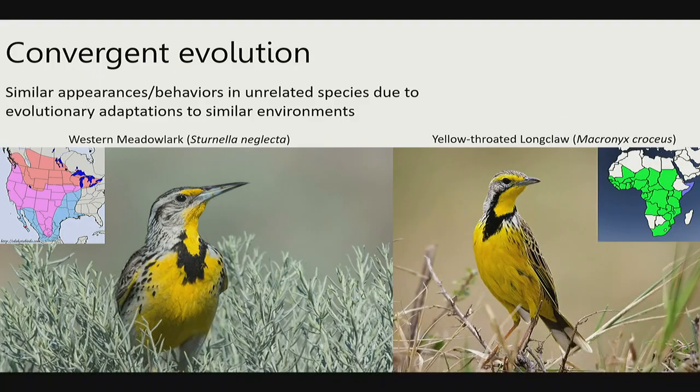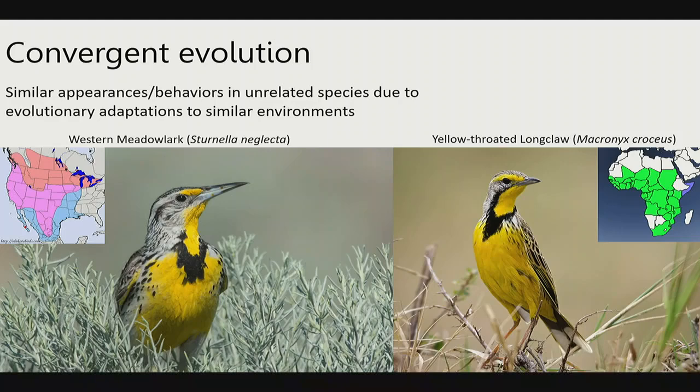One of the cool things we see when it comes to adaptations, we call convergent evolution. Anyone heard that term before? Convergent evolution is a really cool one. It turns out that sometimes in obvious ways and sometimes in ways we really don't understand, if you are an animal, say a mouse or something, that lives in a certain type of biome, there are adaptations that are really good for living in that biome. Whether that biome exists in North America, Africa, Australia, there are certain things like, let's say, diurnal vision in a spotted owl, or long legs, or being able to burrow underground, that are great for living in grasslands. And there are quite a few examples of this when it comes to grassland systems.